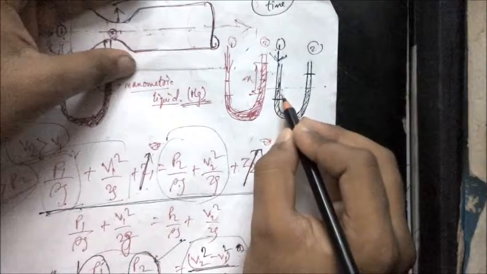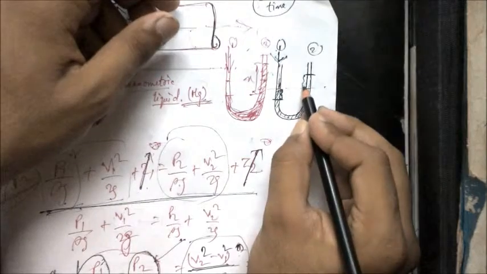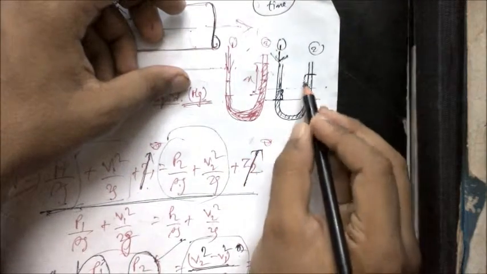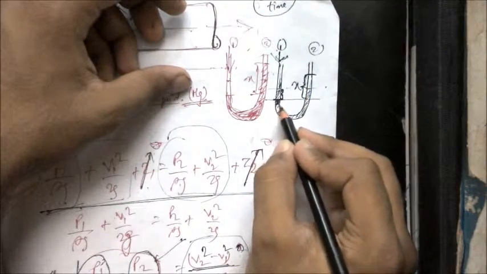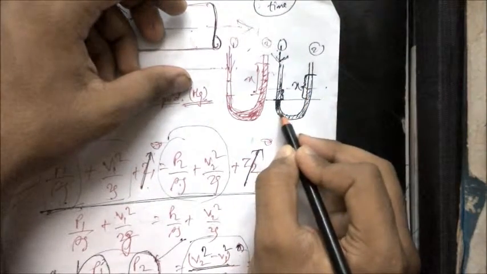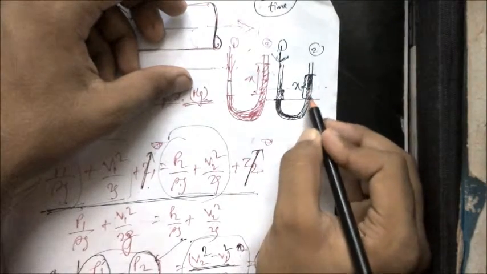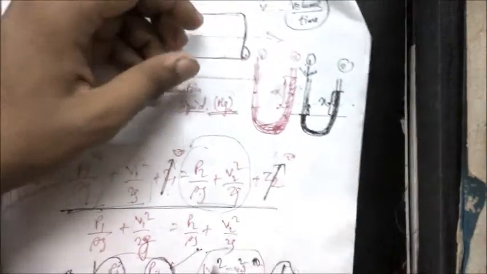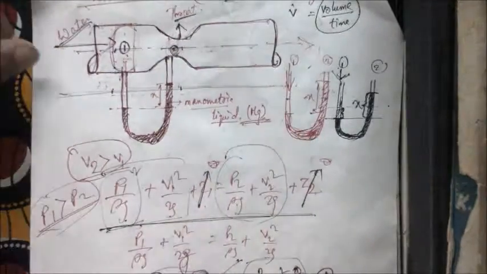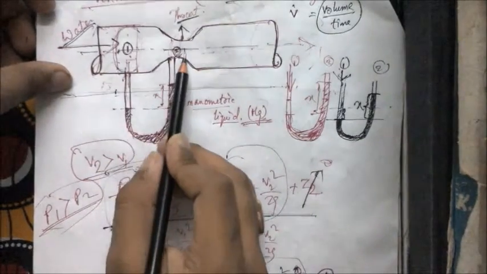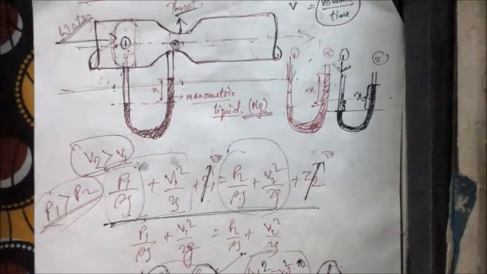Okay, the distance moved here is equal to the distance moved there, and we call this distance x. This is the reading of the mercury. So the final liquid level is the portion which I am darkening. Have you got it? So the manometer actually shows that the pressure at point 1 is higher than the pressure at 2, and you can find this out by Bernoulli's principle also.